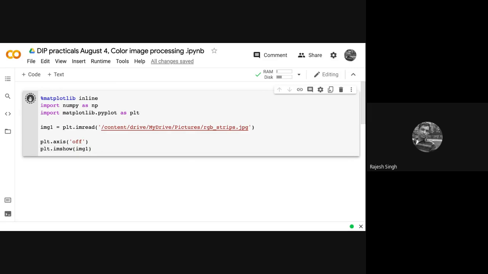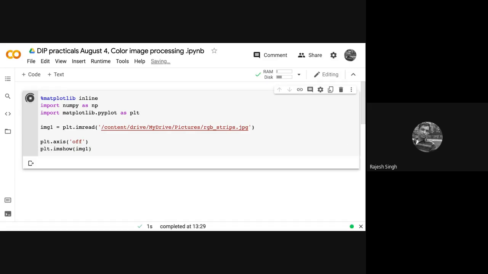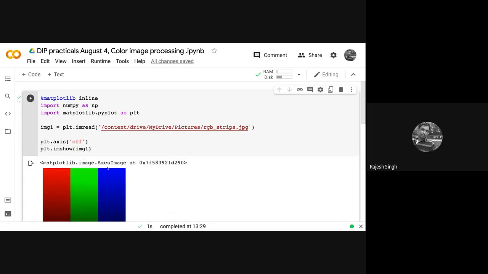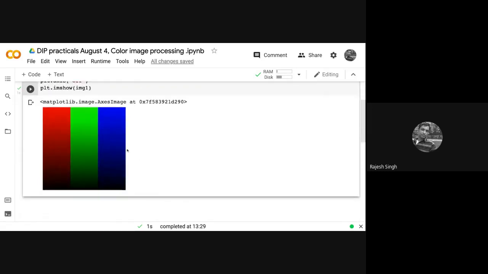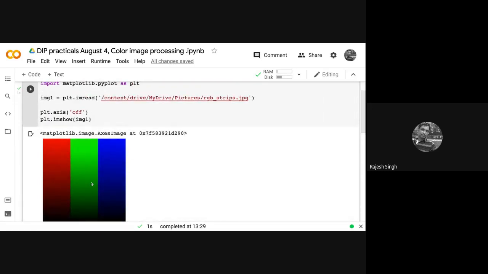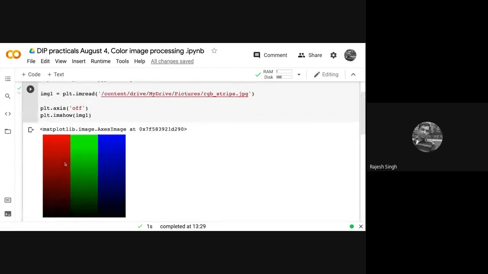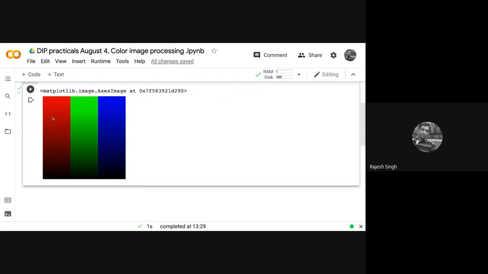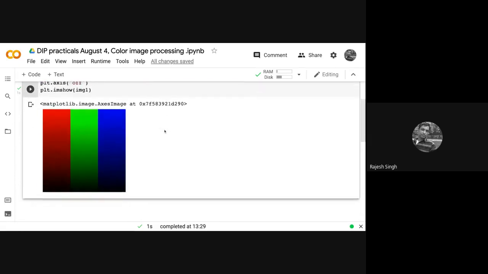So let's run this code and see what happens. We hope everything goes well. Yes, so here is my image. You can see that, as the name suggests, it's RGB stripes. So this is a red stripe. You have a highly saturated red. Here you get a zero intensity red, green, highly saturated, and very less saturated green. Same for blue. So these are my three